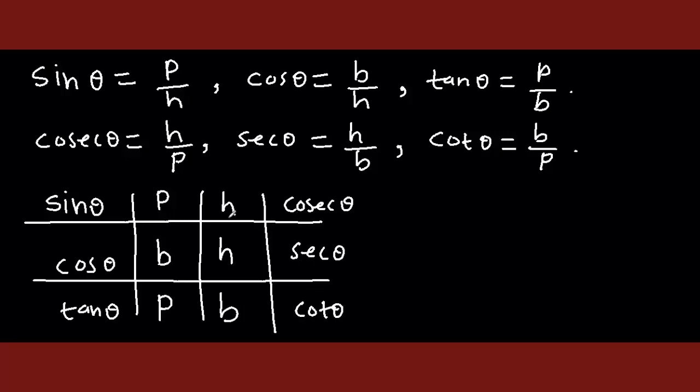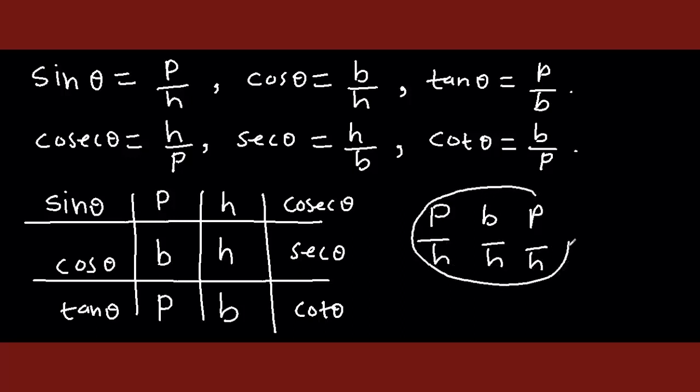So cosec theta is given by H by P, sec theta is given by H by B, and cot theta is given by B by P. Okay, so you can remember this like this also: Pandit Badri Prasad Hari Hari Bol, for sine, cos, and tan. This is for sine, this is for cos, and this is for tan. Okay,